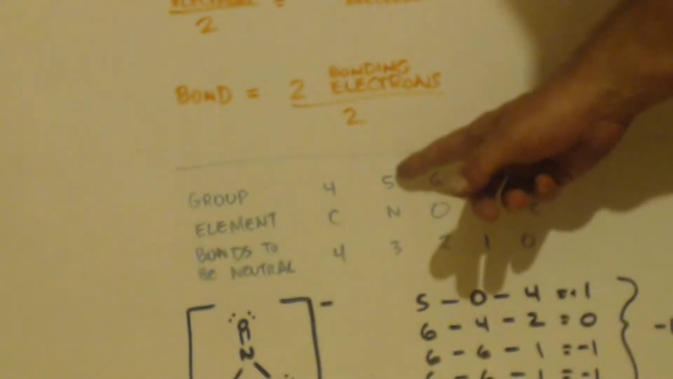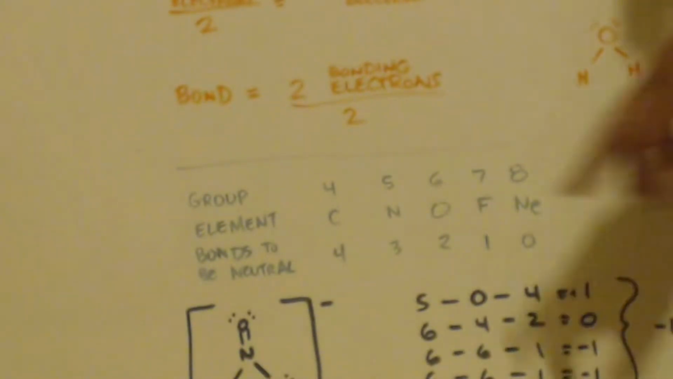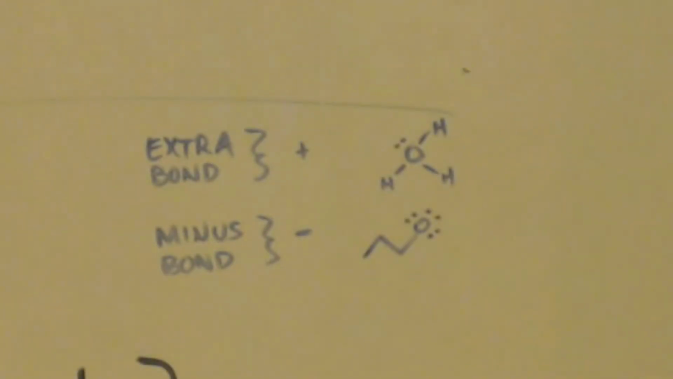If it's in group 5, I'd say it would want 3 bonds, to add up to 8, to fill its valency. That's why oxygen wants 2 bonds. It wants to fill its octet up to 8, and it only has 6. Okay? So you can just look at a